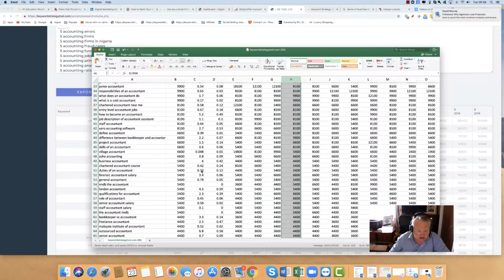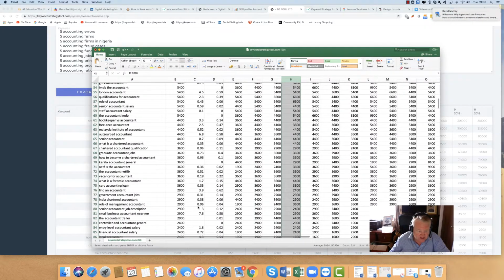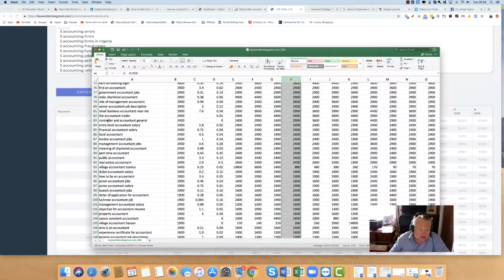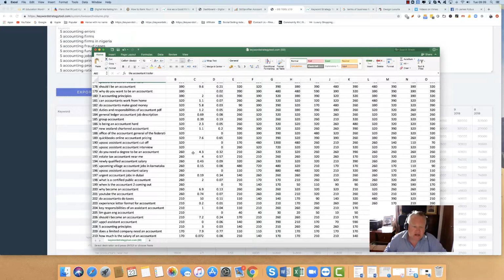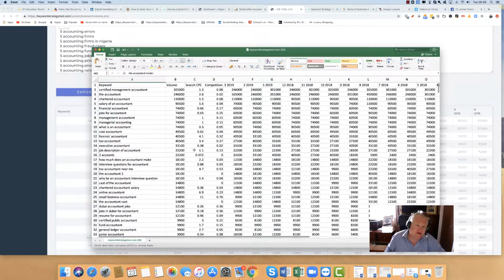So if we have a look, can't really use that one, can't use that one. Here, just as an example, you can see there's nobody bidding on these in the paid advertising, which means it's going to be a penny a click. And here you can see there's hardly any competition. So you might want to use those, but obviously you wouldn't, because it's something to do with the movie there, The Accountant trailer. But you get the idea. By identifying the low-hanging fruit and the opportunities, that's where you're going to make the difference. And this is where people are missing opportunities within their digital strategy.